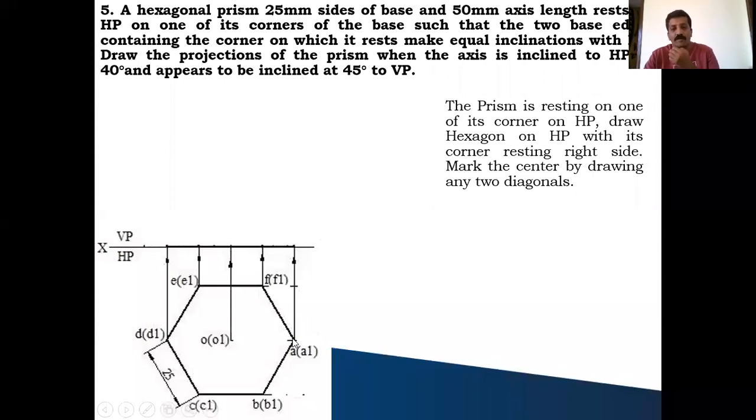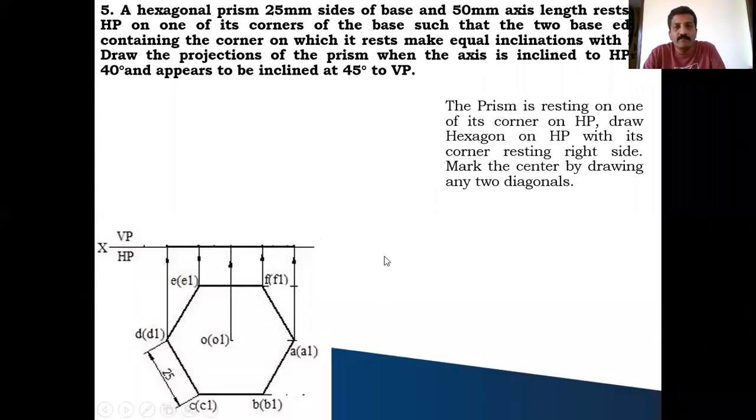Okay, and then how to find out the center for the hexagon? So draw any two diagonals, opposite corners you can join, and wherever they meet you call that the center. Okay, because it is not a pyramid, no need to join the center to all the corners. Only to get the center, a light diagonal you have to draw, and then afterward you have to erase it. So you mark the center point, axis point O1, and all other corners also you can name, both the base corners as well as the top corners. So this completes your top view.